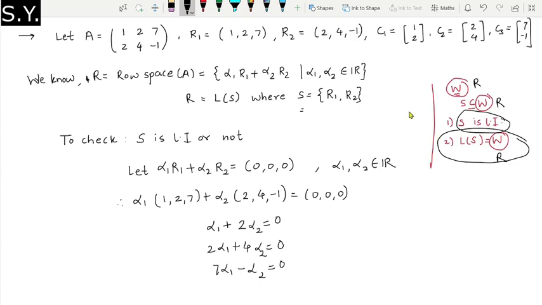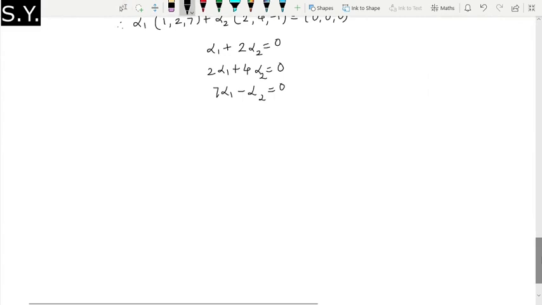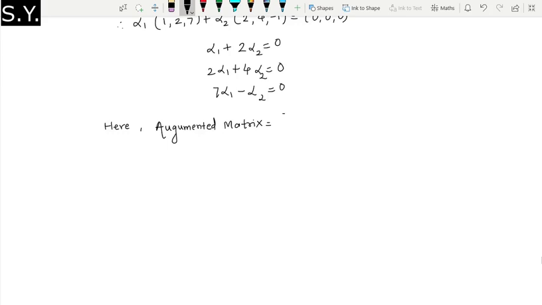Now let us write down this system in a matrix form, कारण की इझिली आपल्याला अल्फा 1 आणि अल्फा 2 च्या किमती शोधता येत नाहीये. जर दोनच इक्वेशन असते तर आपण केलं असतं. So what will be my augmented matrix over here? Now instead of using this notation, because we already used A for our matrix, right? We directly काय म्हणतो, here our augmented matrix is equal to 1 2, 2 4, 7 minus 1, and this is 0 0 and 0.